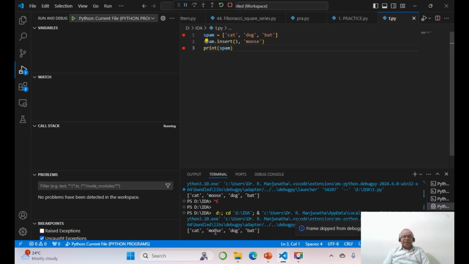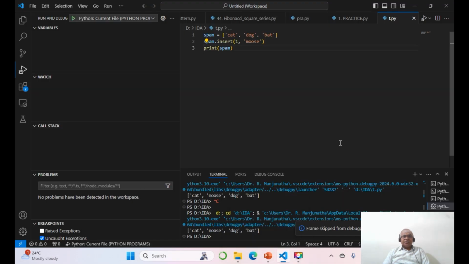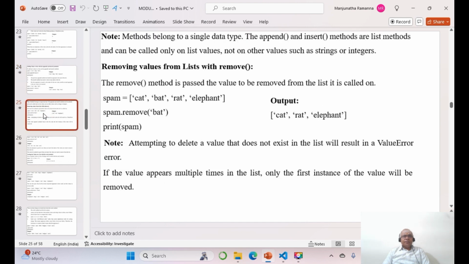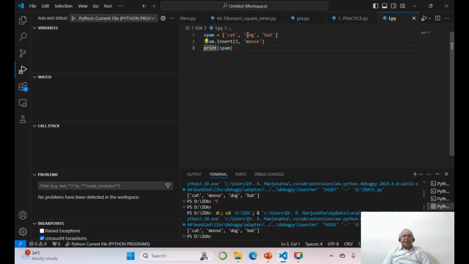Then if you try to print it, you will get cat, moose, dog, bat. So this is how this program will be executed. And the next thing is, now once you do that, we will come to how to remove. Suppose I want to remove something, I will go for spam. I will go for spam, cat, okay, bat,